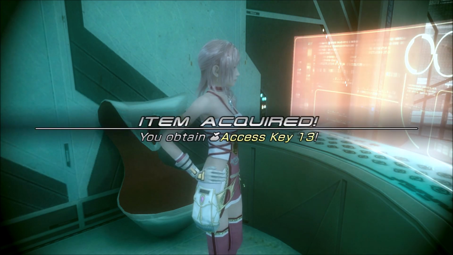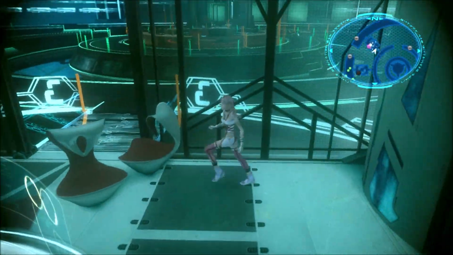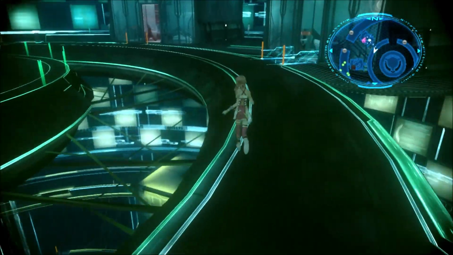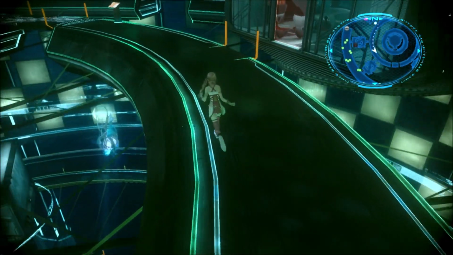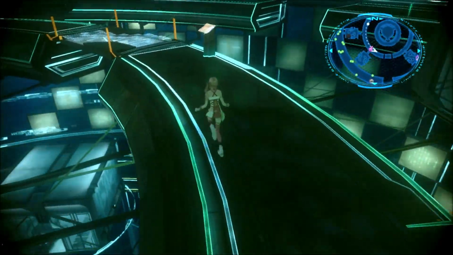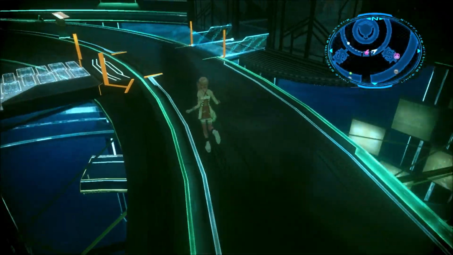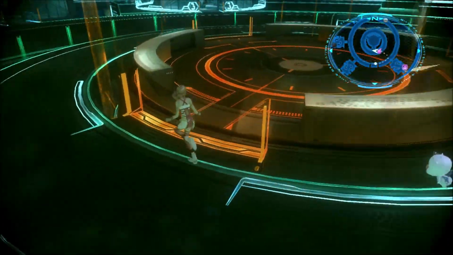There we go. Access key 13. Okay, now this will let us... All right, so yeah, this will allow us to clear out the whole floor. Now, I'm kind of curious. It's been a long time since I bothered to read in the codex what any of these fragments say, because you get a little bit of narrative story with each fragment, although generally it's nothing you give a crap about, but...